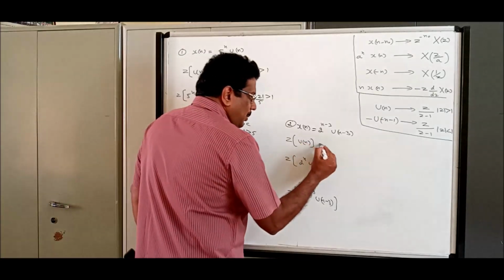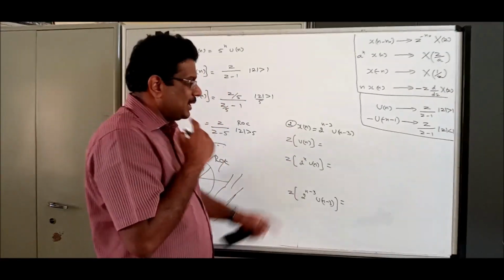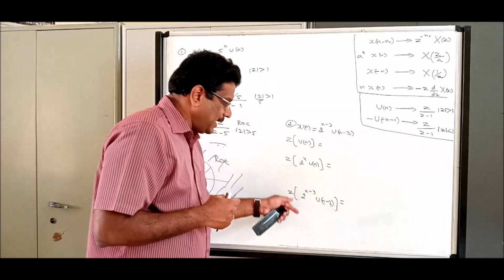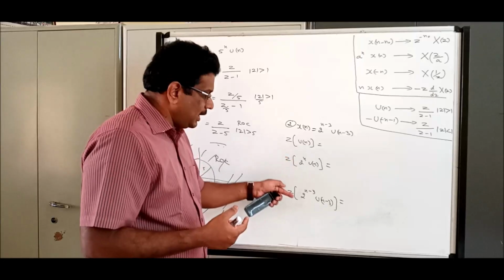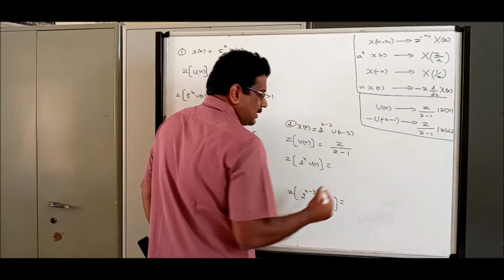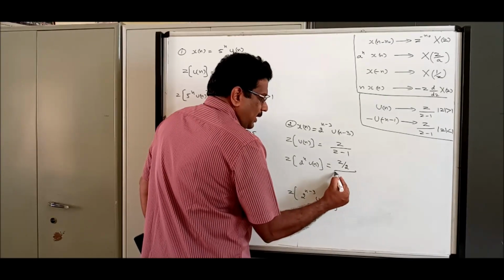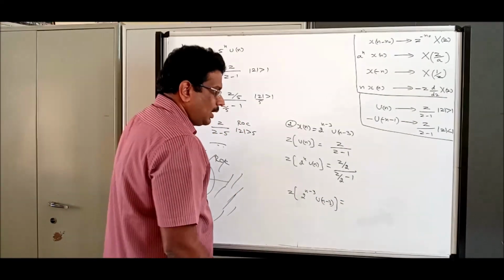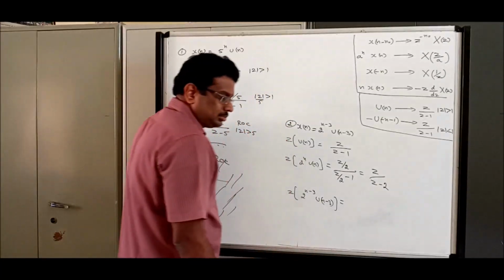Now, the moment you see the problem, I told you how to split. Shifting is there, exponential is there, basic problem is there. I made it in the order: first u of n, then from here to here exponential, here to here shifting. Come on. As per this, what is the answer? z by z minus 1. What does the property say? Wherever there is z, divide by a. Now it is divided by 2. Now let me repeat: it is nothing but z by z minus 2.